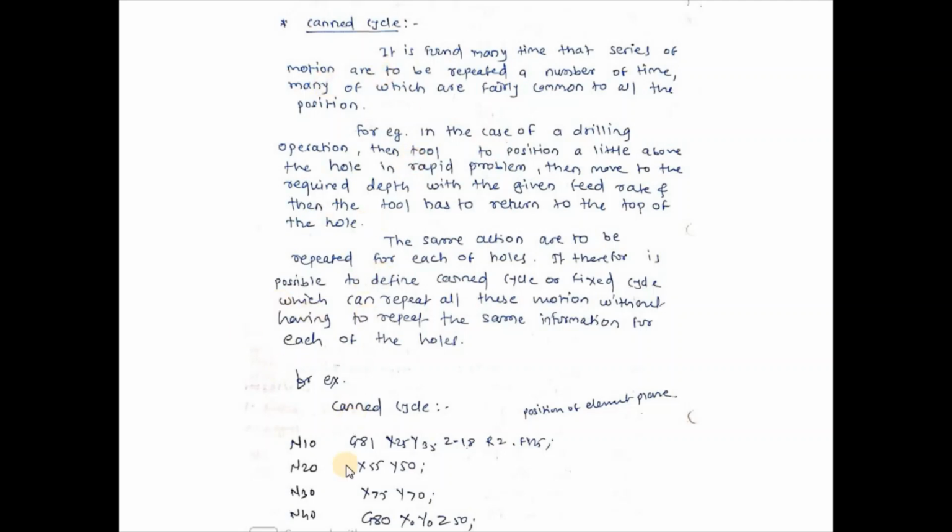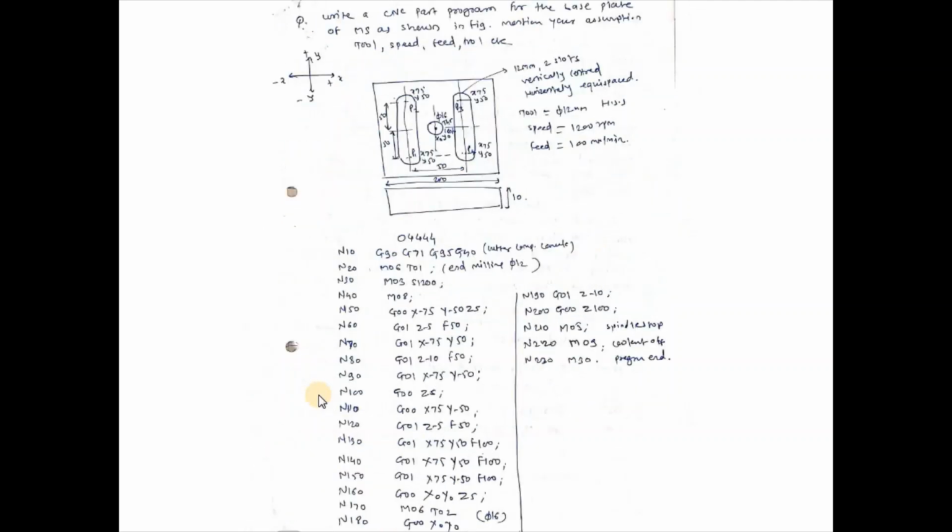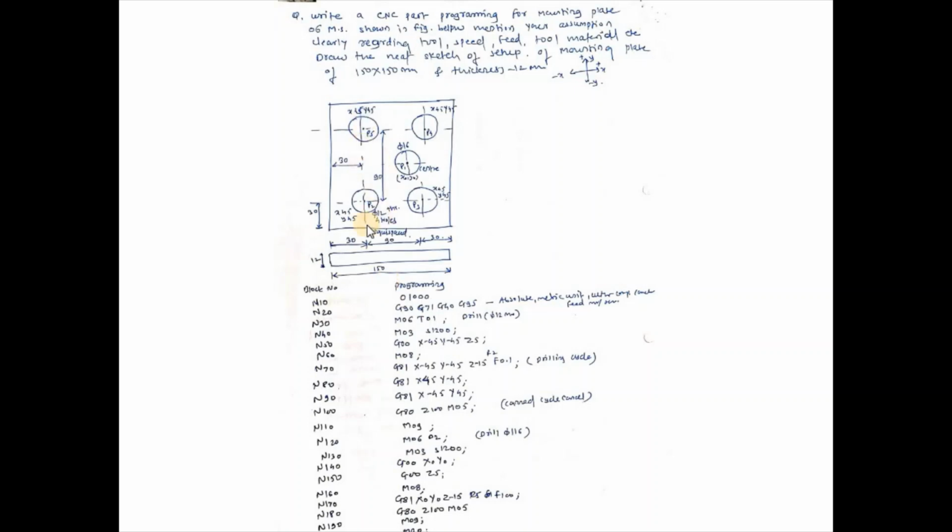So you can see here G81 code is for the canned cycle. Once you input the diameter and feed rate, in the next block we just have to enter the coordinate of the next hole, and after that the end of the canned cycle. Like this, in this problem you can see the same diameter hole, the outer 4 holes. So we just input G81, X minus 45, Y minus 45, Z minus 15. Why? The thickness of the plate is 12, and above it 3, so 3 plus 12 is 15, minus 15, and feed rate.